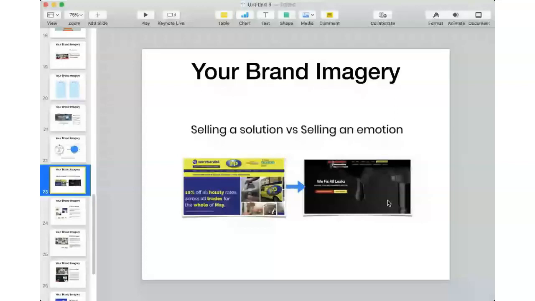I could not find, using leaky faucet, a website in the town I live in, the county that I live in, almost 500,000 people. I could not find an image of a single plumber with a leaky faucet. This was easy to find, but this isn't what I want. I don't want to see a picture. When I have a leaky faucet, I want to see either the faucet's leaking, which is my current situation, or I want to see myself having a good night's sleep and not have to listen to that drip, drip, drip coming out of the bathroom. Right? But what I got instead,